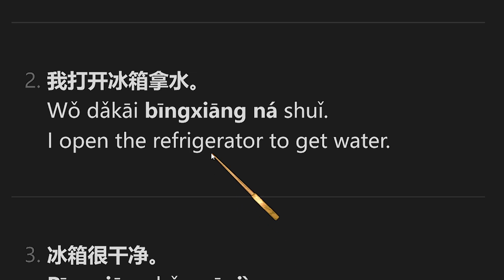Next one. I open the refrigerator to get water. 我打开冰箱拿水。我打开, I open. 打 is to hit, 开 is to open, but together they mean open. So 我打开, maybe you can imagine hitting the door and then it's open. 我打开冰箱, I open the refrigerator. 拿, to take, to get, 水, water. So 拿水, to get water. 我打开冰箱拿水。